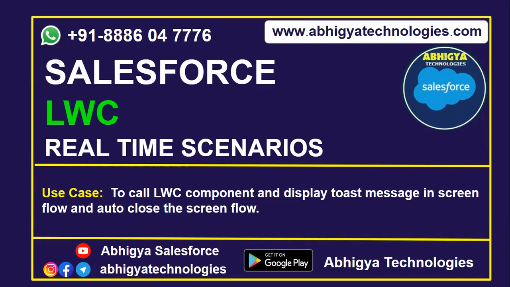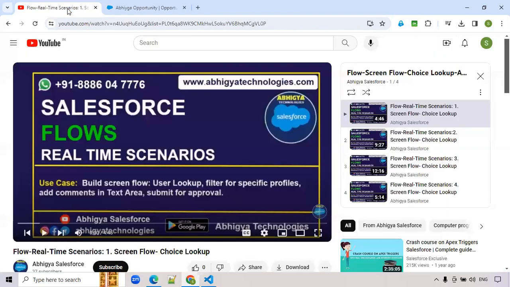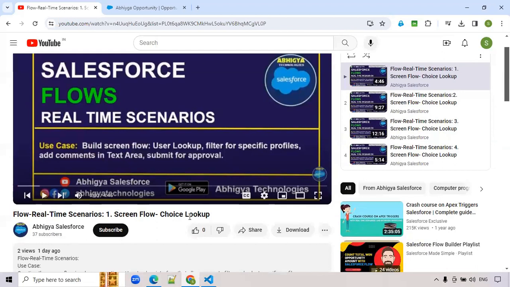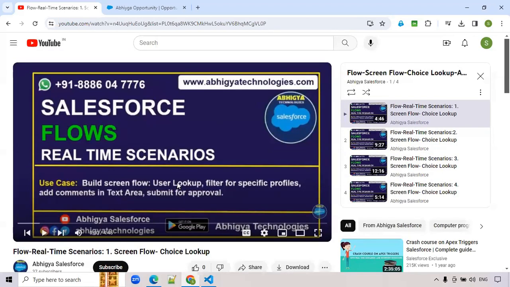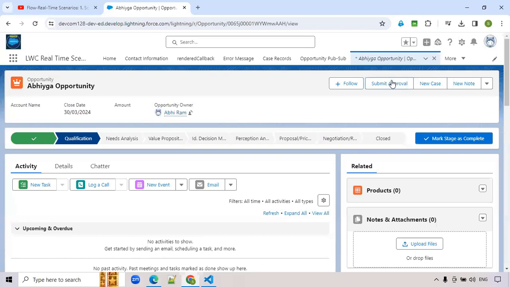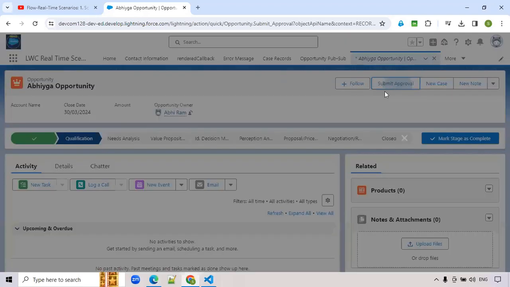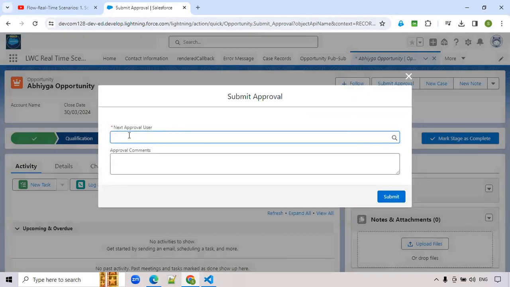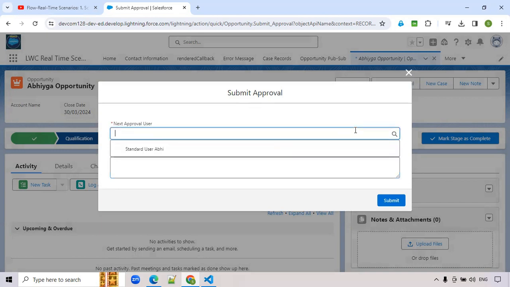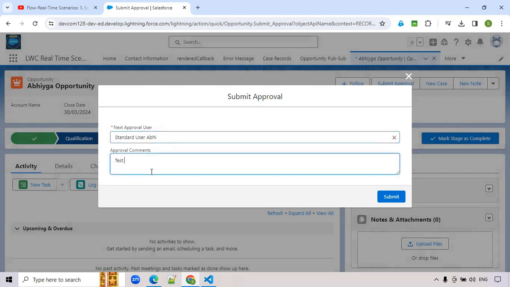Before that, in the previous scenario we implemented the screen flow choice lookup. In that, when we click the Submit for Approval button, a pop-up is displayed. In this pop-up, we select a choice lookup for the user details, filtered by the user details. After that, for example, here I'm selecting the person, Abhiram, and here we are giving the test approvals